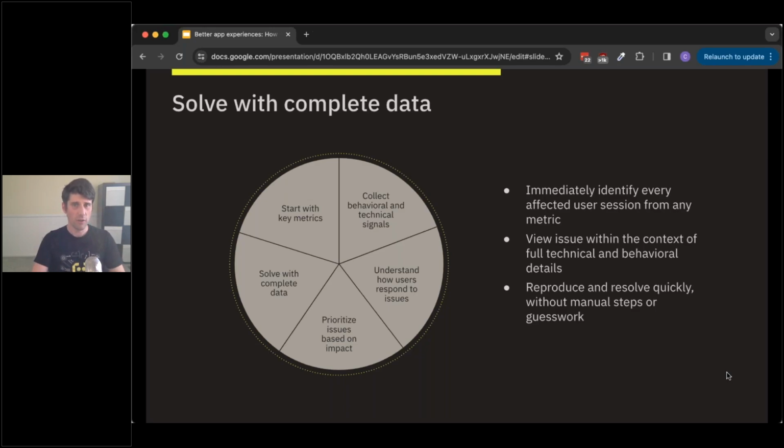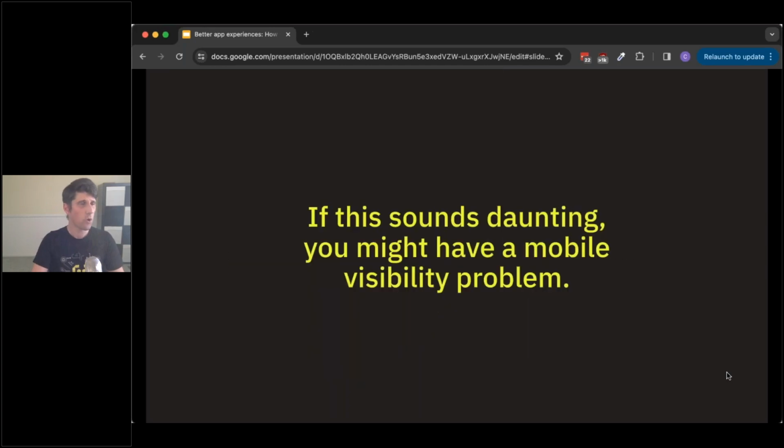So I've covered all that. If that 5-step process sounds daunting, you might have a mobile visibility problem, because the best mobile companies in the world are able to achieve that, right? They're able to start with the metrics that they care about. If there's any regressions, they can immediately jump in, see which users are impacted, how users respond to that issue,